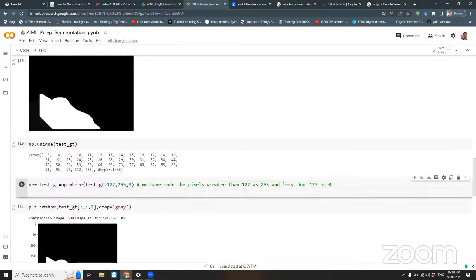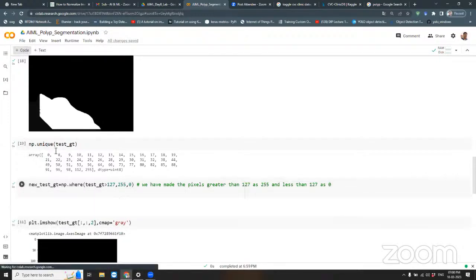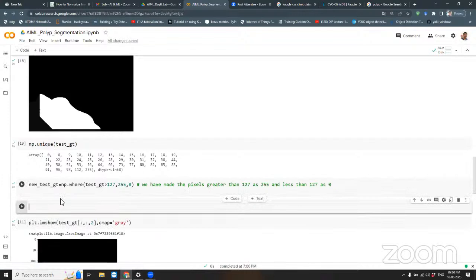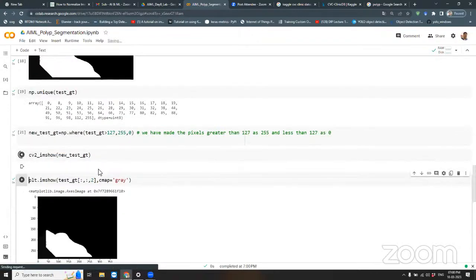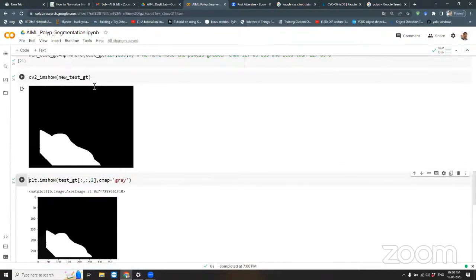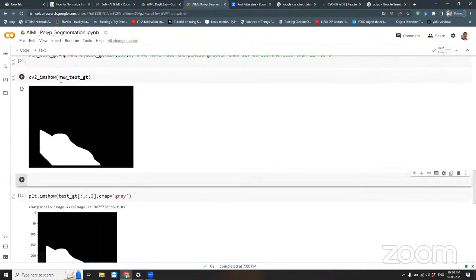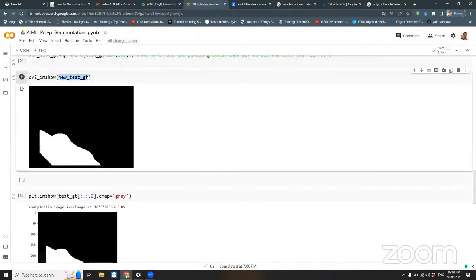So now we will print this thing. So cv2.imshow and this new test GT. So here you can see that this is now a binary mask, because when you check the